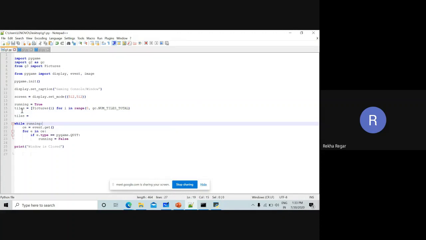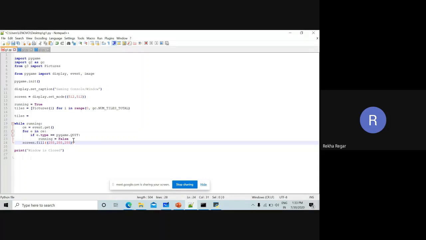After these tiles, we have to fill all the tiles on the screen. So to fill the screen, we have to write something. Whatever the screen we have, we are going to fill the screen, and it is going to be filled in the form of maximum, 255, 255 and 255. This is the format of RGB, red, green, blue.